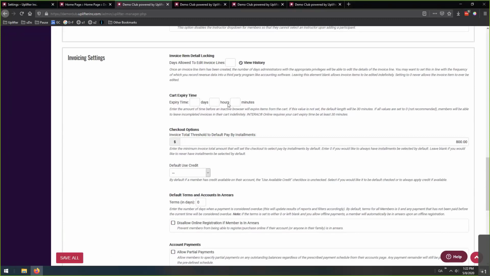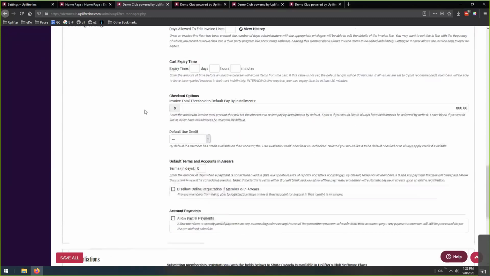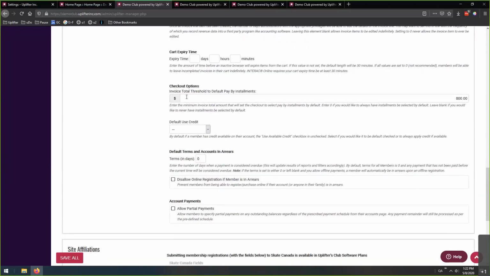the registration slots. So if they put something into their cart and they've got like 5 days to check out, then that's someone who can't register for that until 5 days has passed. So be mindful of that. Also note that if you do have Interact Online, it does require that your cart expiry is at least 30 minutes. Next, we have some checkout options, the first of which is the invoice total threshold to default